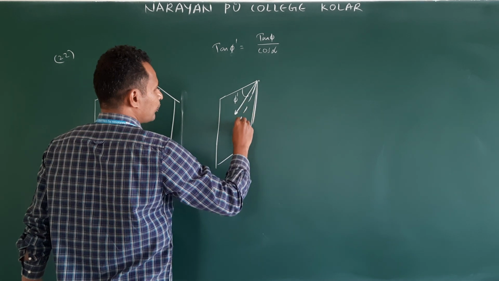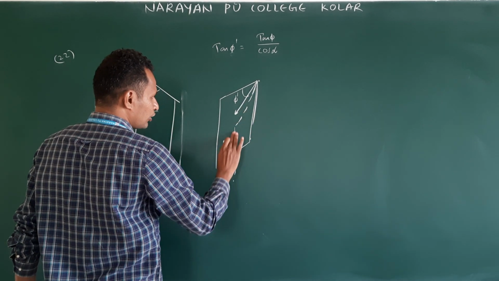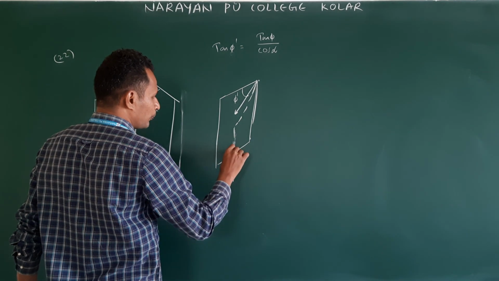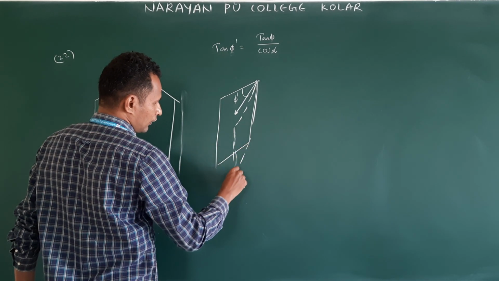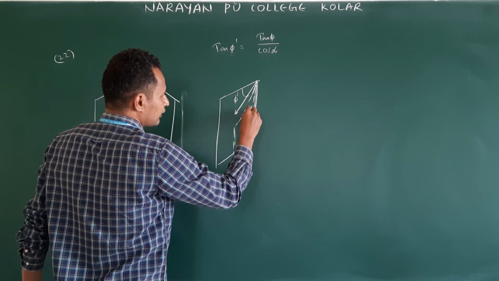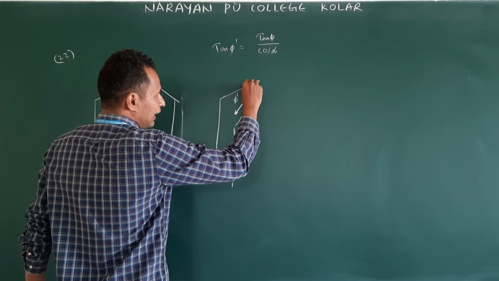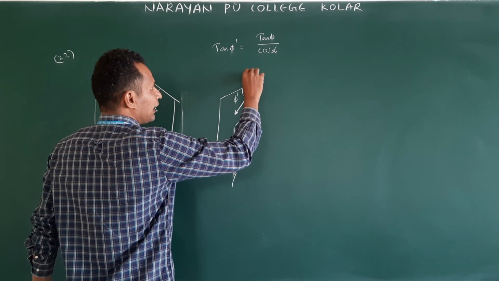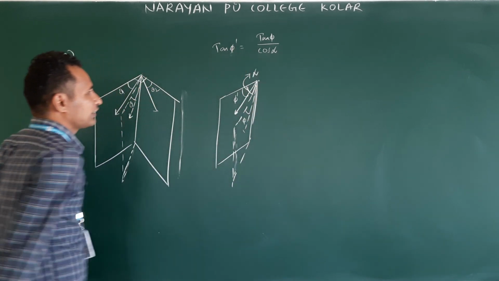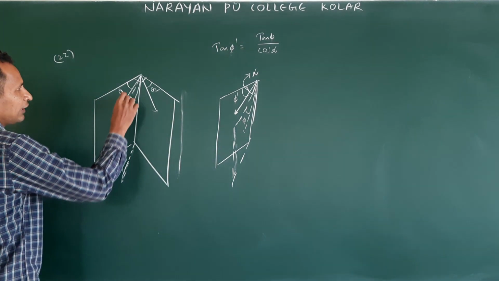I'm drawing the dotted plane. This dotted plane contains which dip? True dip. This one, this is the dotted line. This is the true dip, phi. The dotted plane is at this one. The angle between them is alpha. This is the relation. Now the dotted plane I have taken in the middle.